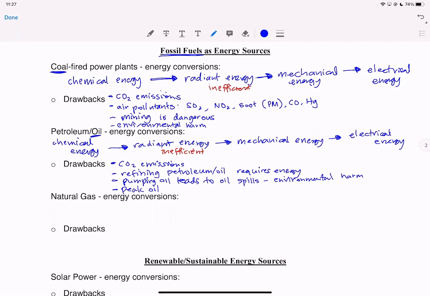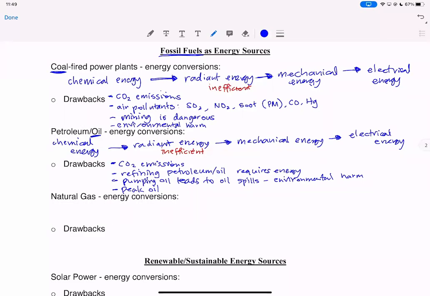So peak oil is something that is real, and we will talk about it in the next module. The main use of oil is that it is refined into gasoline, and it is why gasoline powered cars are being phased out. The electric car is a thing, so we'll be getting to that too. But right now, let's